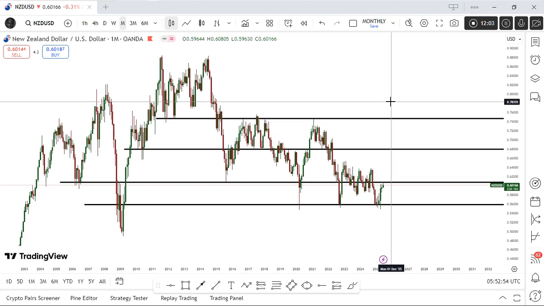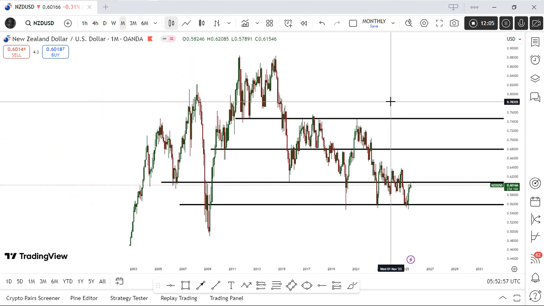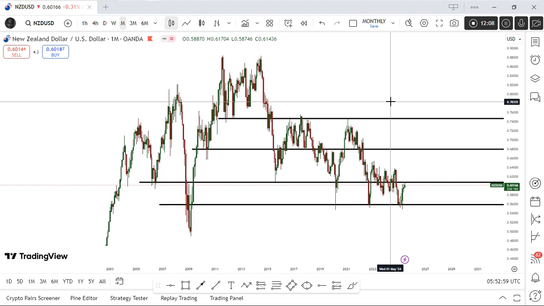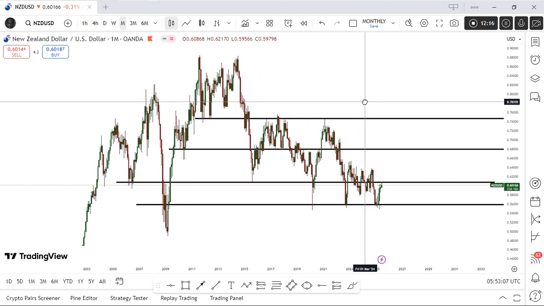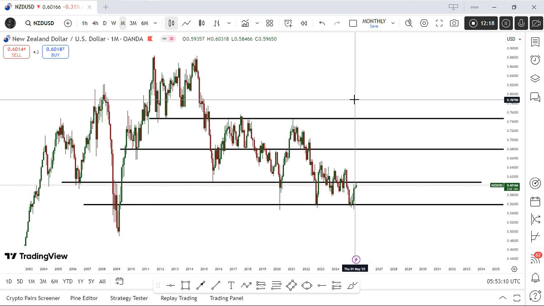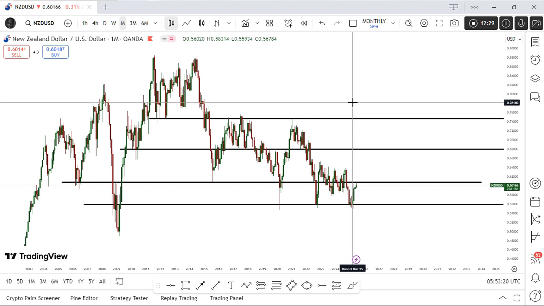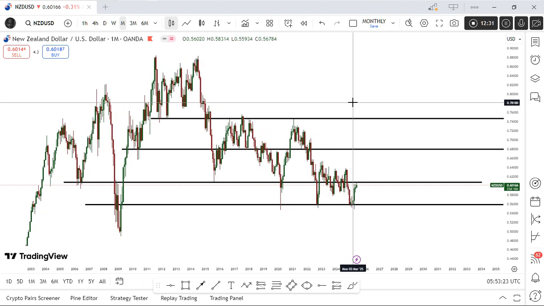So what am I seeing now? I think right about now, this is where we start getting creative and we start being responsive to the chart and not trying to predict. We are not going to be predicting, we're going to be responsive to the market. That is, we want to gather information based on what we are seeing and not based on what we are feeling. We are not trying to predict the market, we are trying to be responsive to what the market